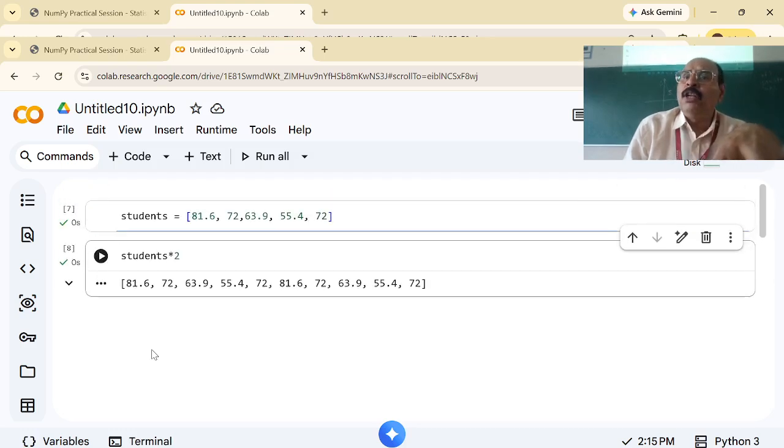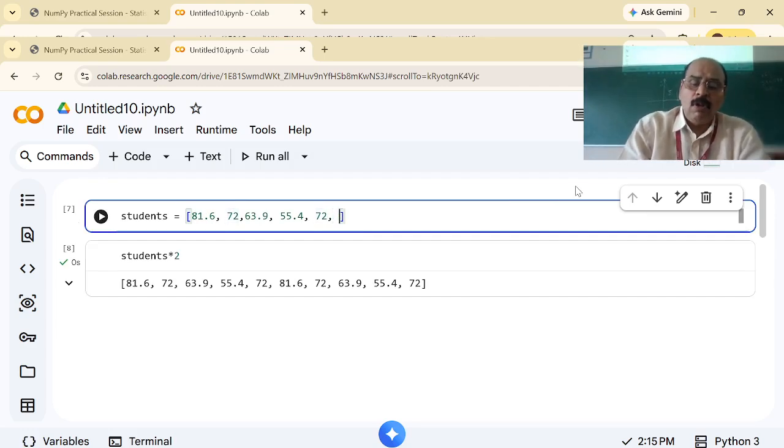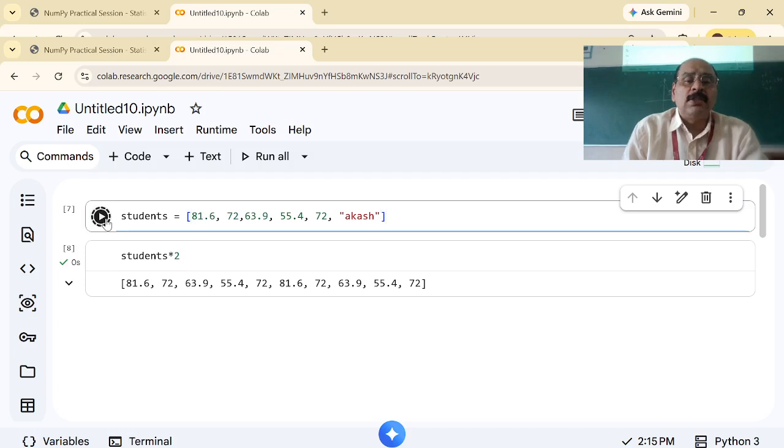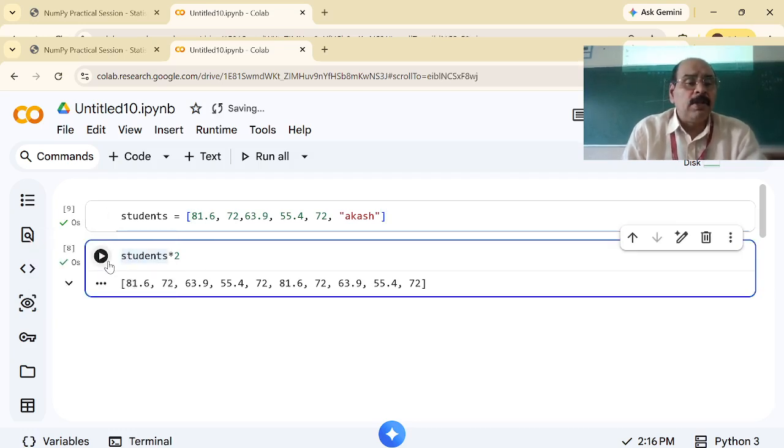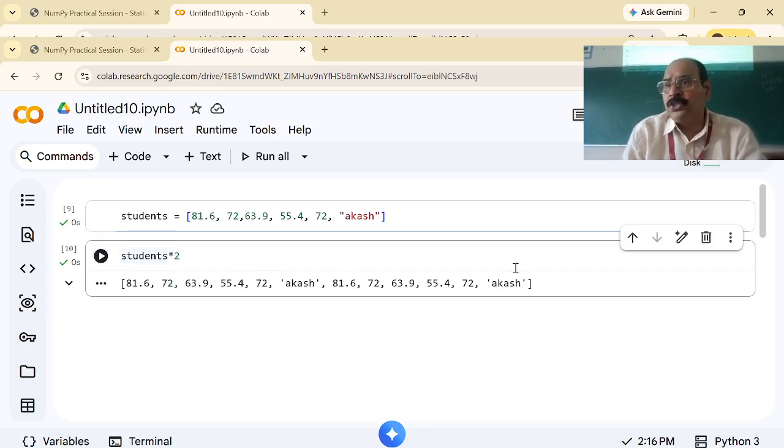Here, a list can have multiple data types. Say for example, I can create another one. I can call this Akash, and just run this. Still it is correct. Now if I print this again, I'll have 2 times Akash written here. That's it. So a list can have multiple data types,